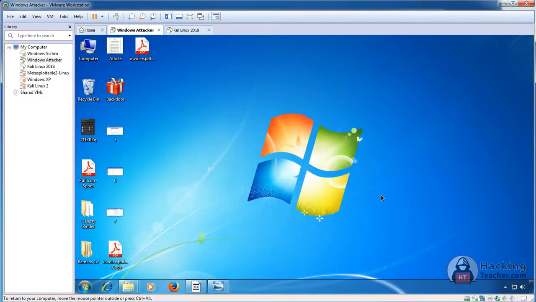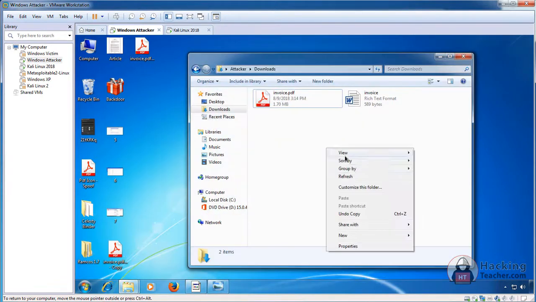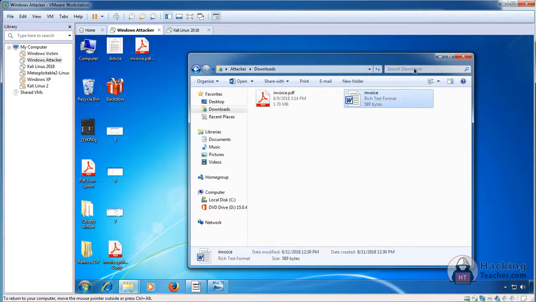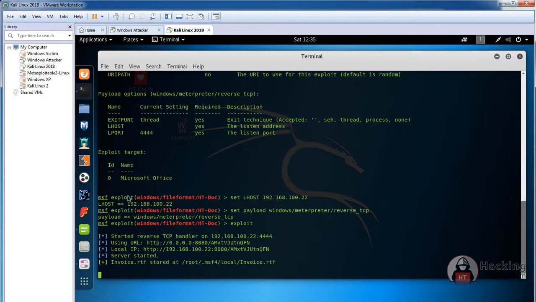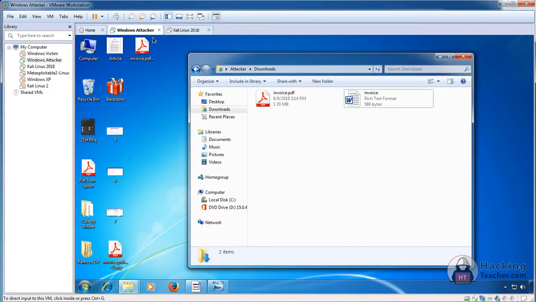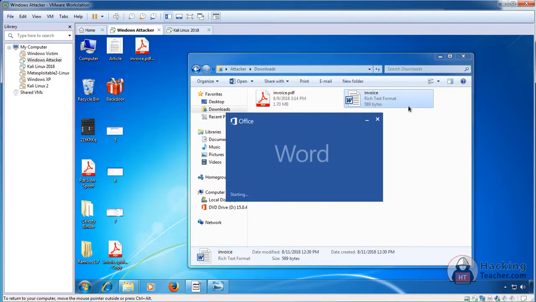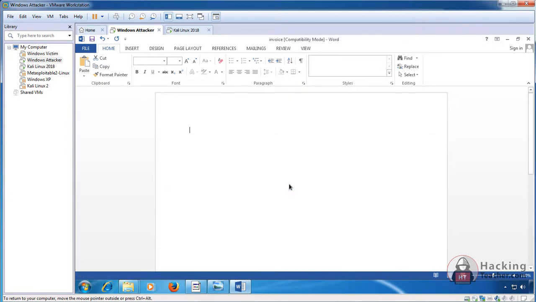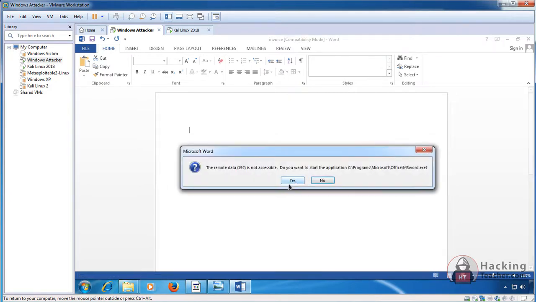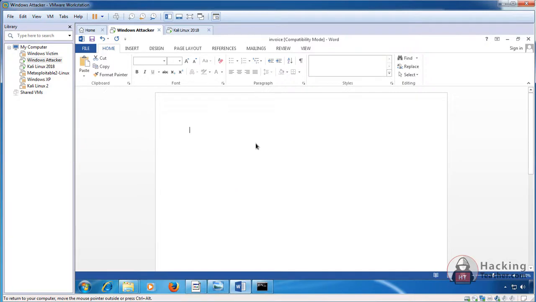So the installation is ready. What we'll do is go to our downloads, and this is the invoice file which we downloaded before. So let me open my Metasploit, which is waiting for the victim. And if I double click this file, it says okay, yes, nothing is there in the doc file.